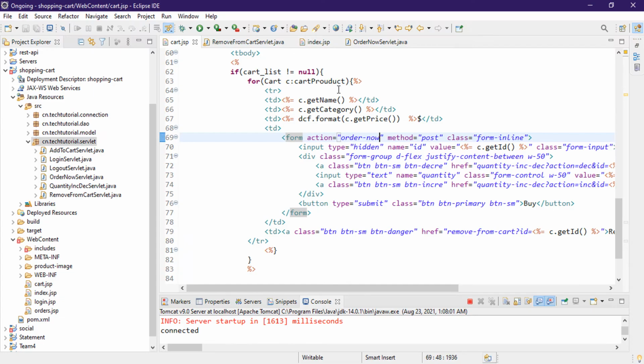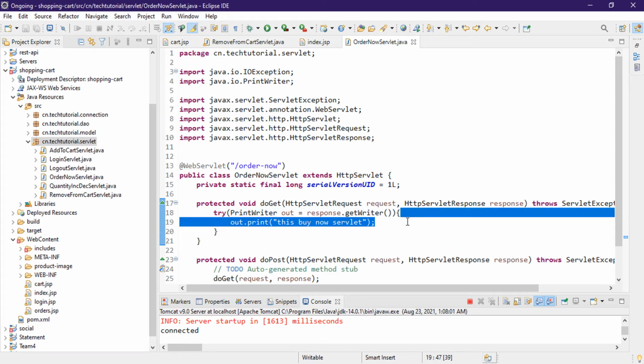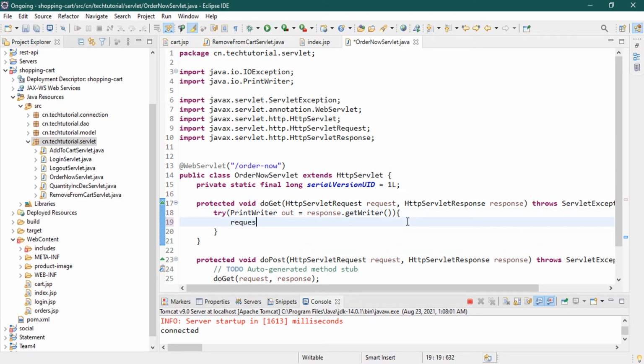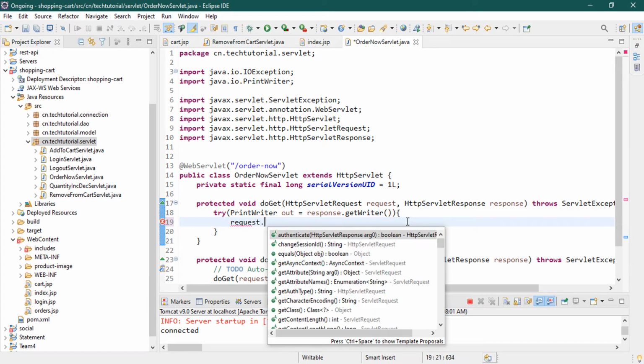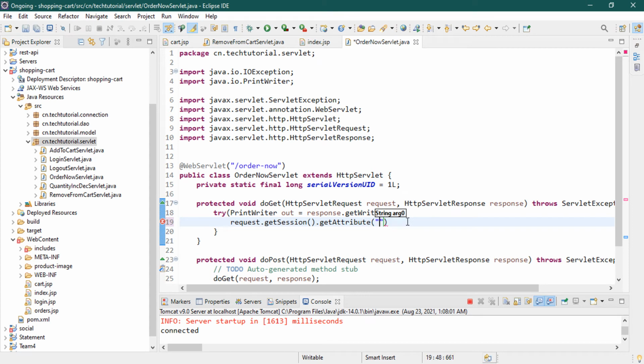It's working. Okay, now let's do something in our order now servlet. When we perform the order, we need authentication to know which customer is ordering the product. So first of all, find out the auth. How do we get the auth? When we logged in a user, we put some value in the session, so we'll ask for the authentication from our session. Let's do that: request.getSession().getAttribute, and the attribute we have set is auth, and it's returning a user, so it's of type User.